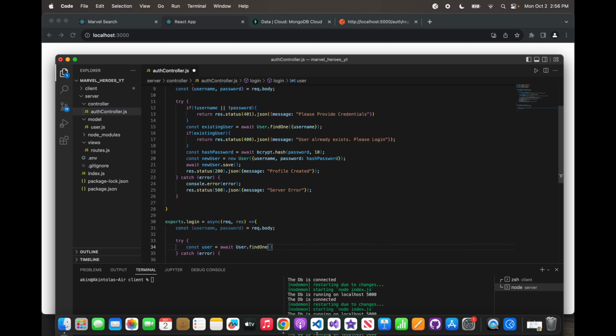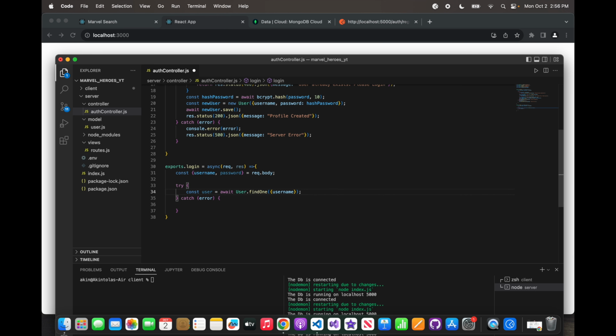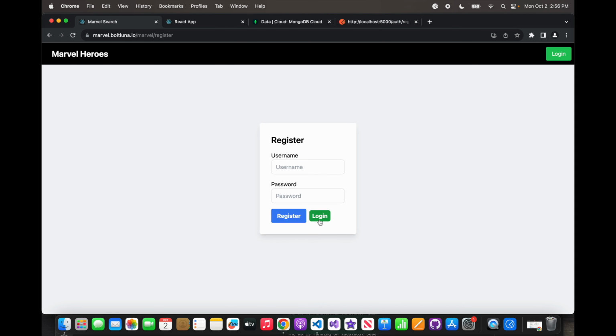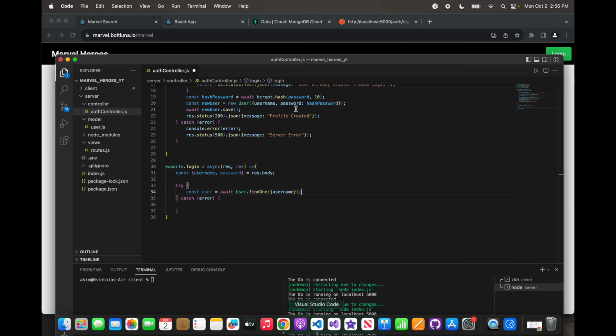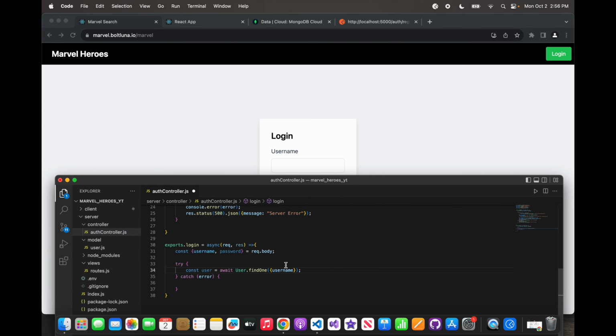Find one. And we're finding the username. Okay, so from the last thing, we should know what's going on right now just with this. So we're saying, okay, now we're in the login page, right? So we're going to login, right? So now we've registered, everything's copacetic. We're all registered. Now for username,